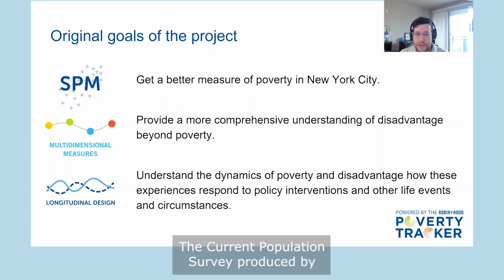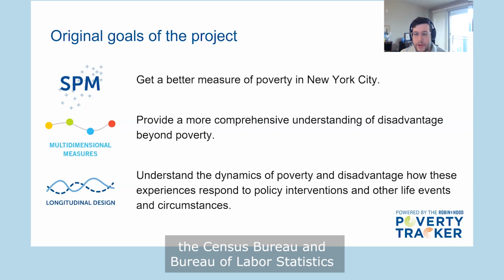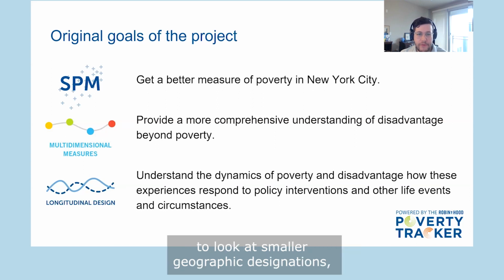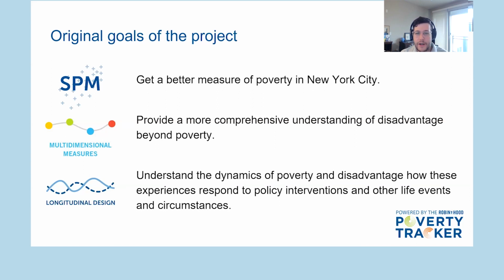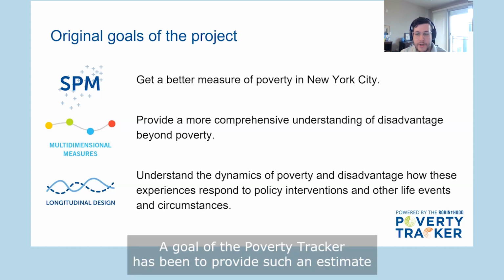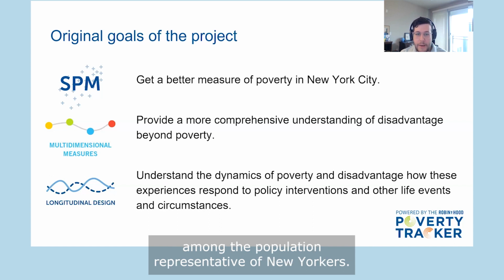While the Current Population Survey produced by the Census Bureau and Bureau of Labor Statistics created an SPM measure in their data set, the sample size is not quite large enough to look at smaller geographic designations, and thus an improved measure is not available in New York City on an annual basis. One of the main goals of the poverty tracker thus has been to provide such an estimate among a population